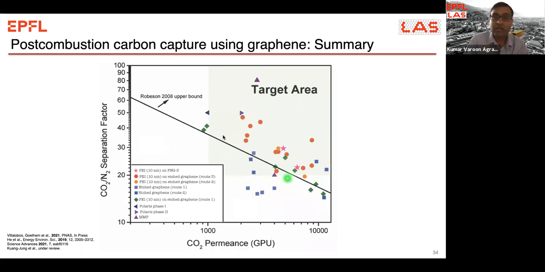Whereas the other state of the art, for example here, this is the membrane reported by Tianjin University, where they make these metal complexes inside the polymer. This is the commercial Polaris polymeric membranes, where you get a permeance of 2000 GPU, and the techno-economic analysis that I just showed was based on a permeance of 10,000 GPU and selectivity of 30, which we think that we are quite close to achieving.